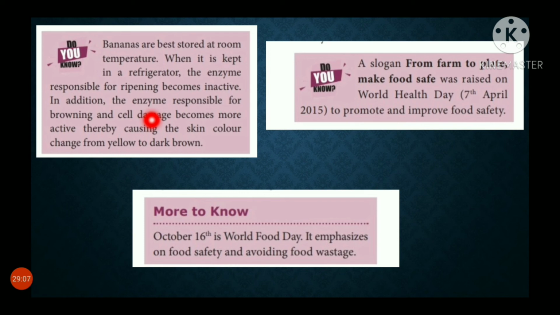Just imagine, bananas should be kept at room temperature. If you bring a banana from the market and keep it in the refrigerator, what happens? The enzymes will start changing the color from yellow to brown within one day. In the outside market, the bananas are yellow in color. They don't change color because they require some time. And in the refrigerator, what happens? The enzymes get more active. They get confused, so they change the color of the banana, which we don't feel like eating.